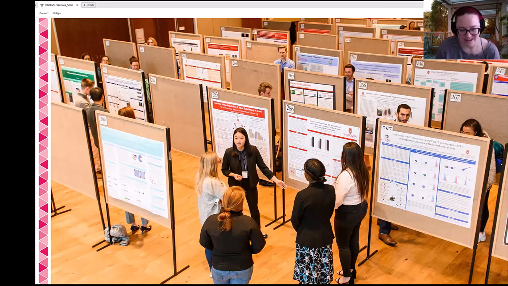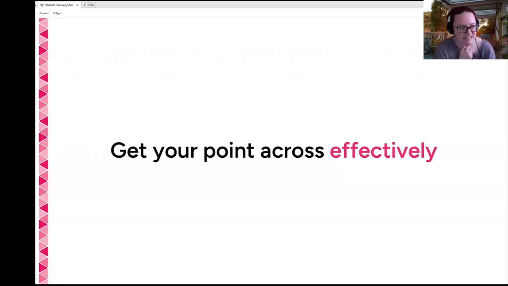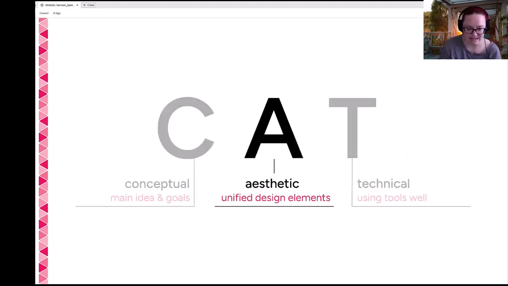And then all of that comes down to getting your point across effectively, which is the next slide, please. We are trying to get people who are working on posters to understand that there's lots of different ways to get your point across. So here is what we're trying to do. Another thing that we teach when we're working with folks is talking a little bit about aesthetics, which is the A of our cat. So next slide here.